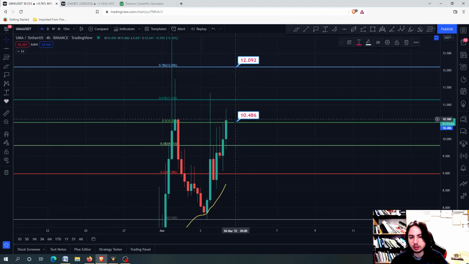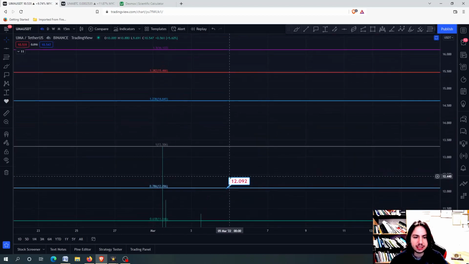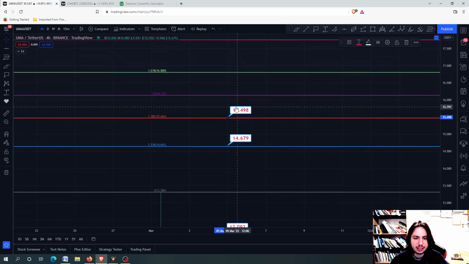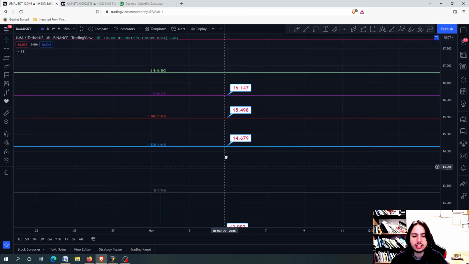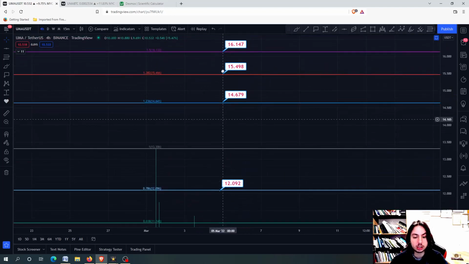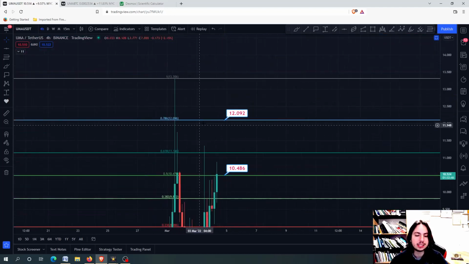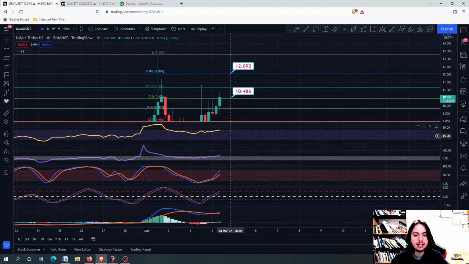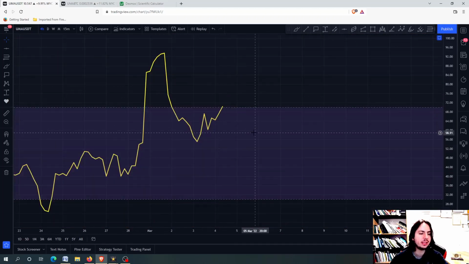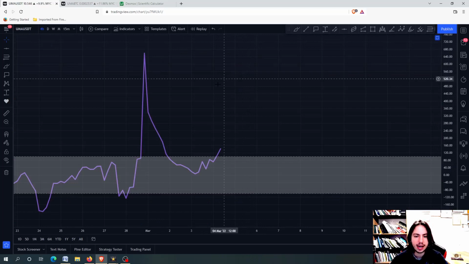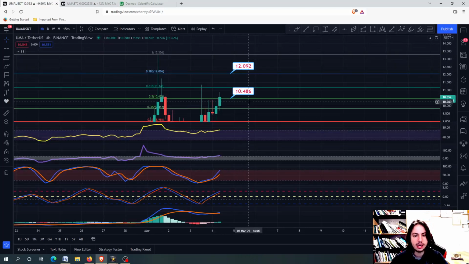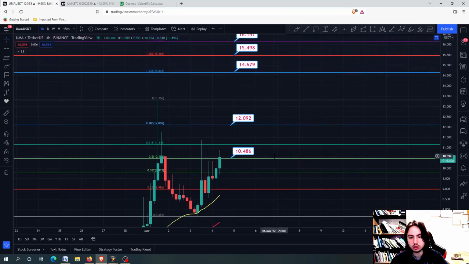If we cannot manage to close above, then we might be dropping down furthermore into below the 9 Tether USD. So you know the exact price targets to which you should be paying attention. Let's have the price labels right here as well so you can see them. Closing above will get us into the next targets, but we have to be extremely careful, because if we do not do that, then we already have a high risk with UMA, we already have a high risk with the commodity channel index as well, and it is not something that we should be playing with.